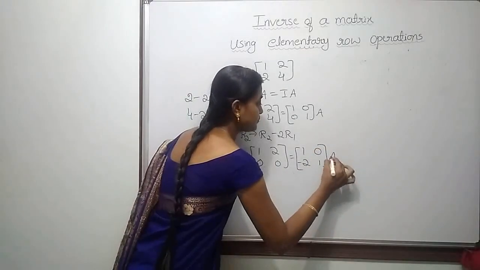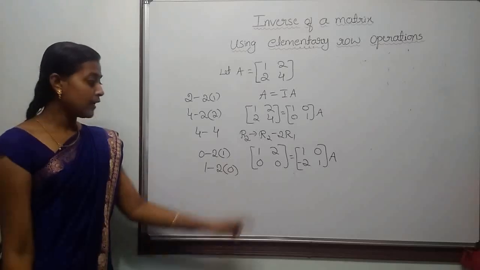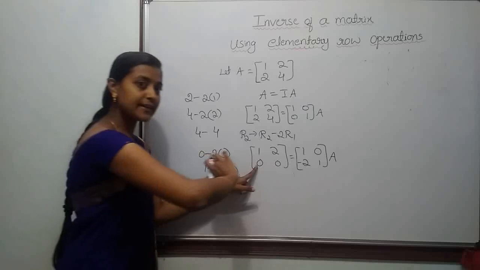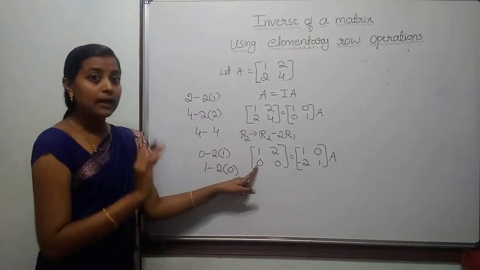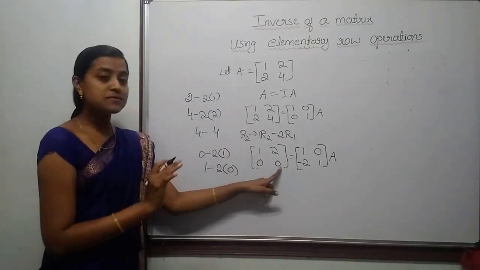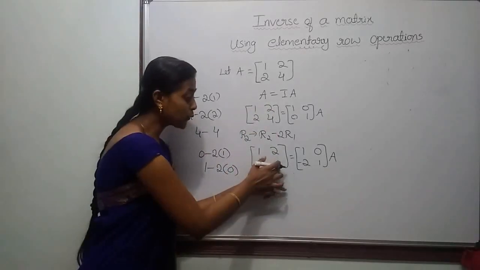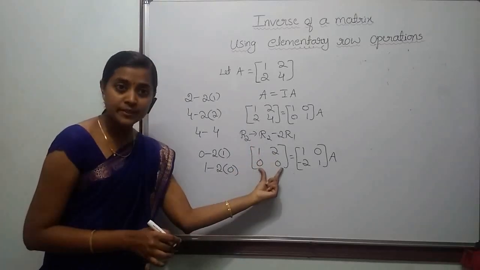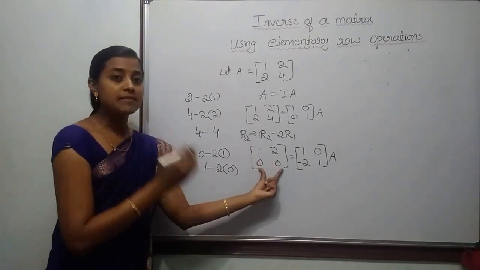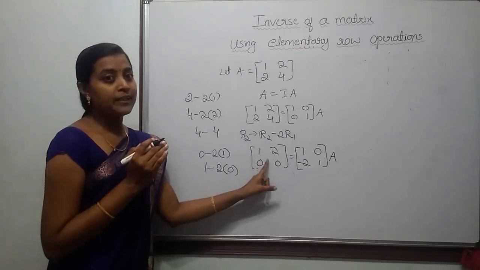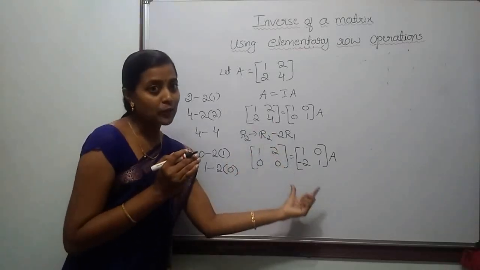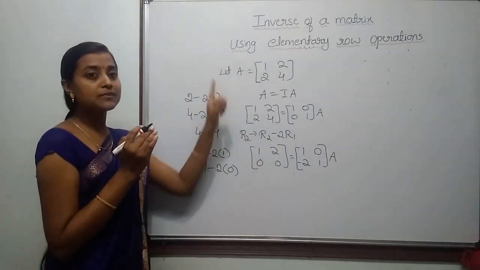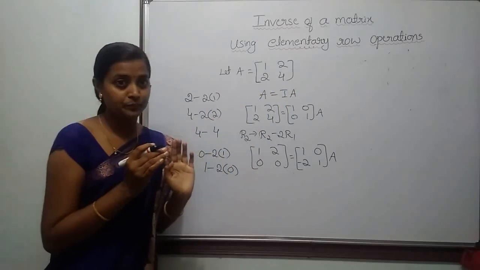Now observe here, we have completed the second step by reducing the element lying in second row first column to 0. Then the third step is to reduce the element lying in second row second column to 1, but here it is 0. Here all the elements of R2 is 0. Then by the note, we say that we got all the elements of the second row 0 after applying the row operation. Hence, the inverse of the matrix does not exist.